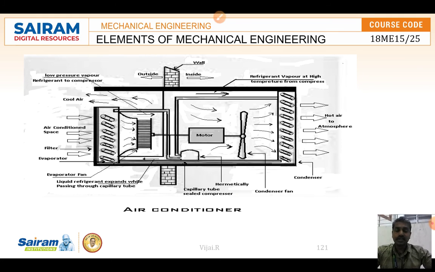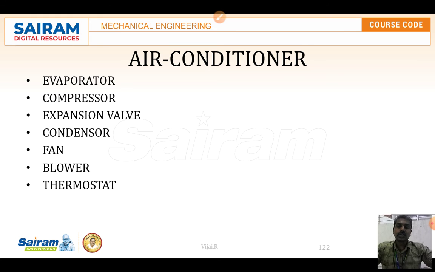The condenser area is located outside of the room, and the evaporator is located inside the room. That is the one thing we have to concentrate on. When the vapor refrigerant passes through the condenser, it becomes liquid refrigerant, and that liquid refrigerant again passes through the nozzle and becomes low pressure. That low pressure refrigerant again passes inside the room, then evaporation takes place, compression takes place, condensation takes place. This cyclic process goes on like this.